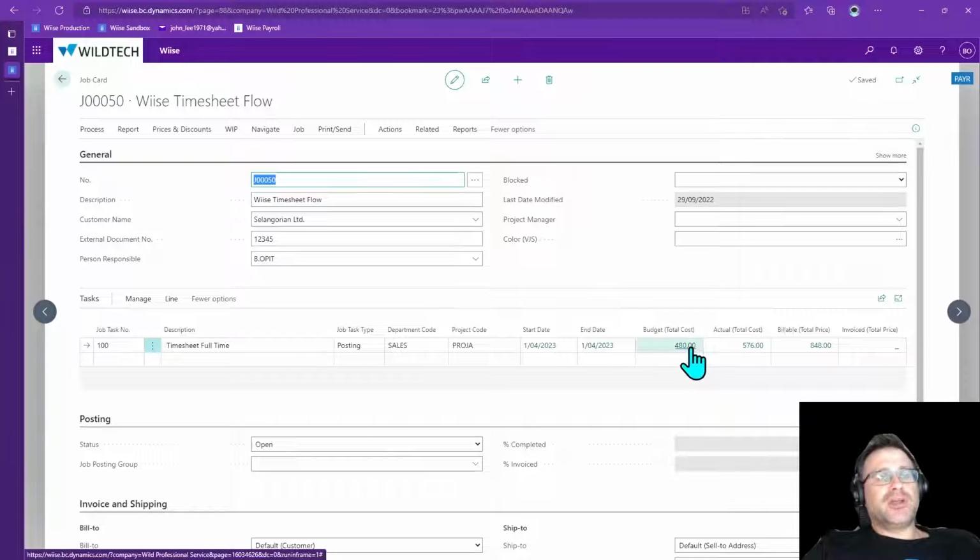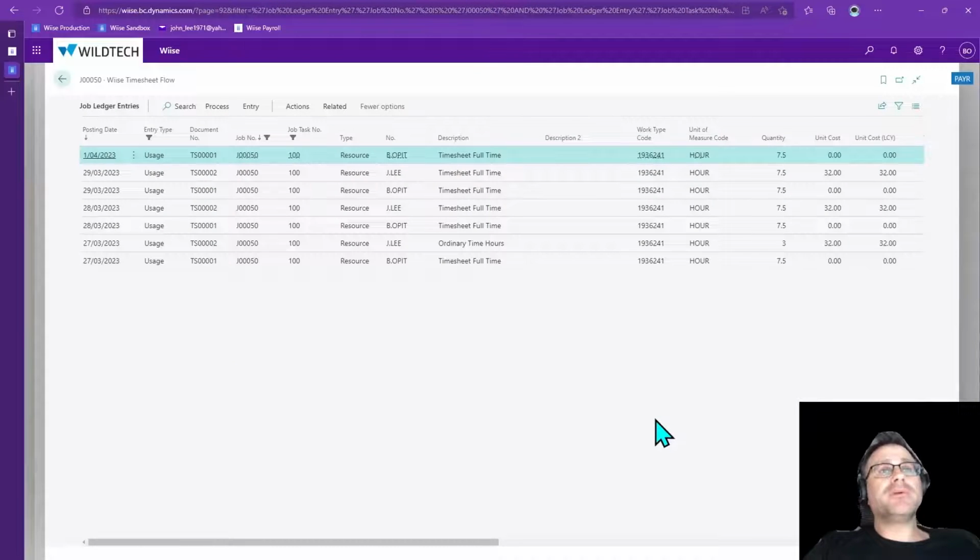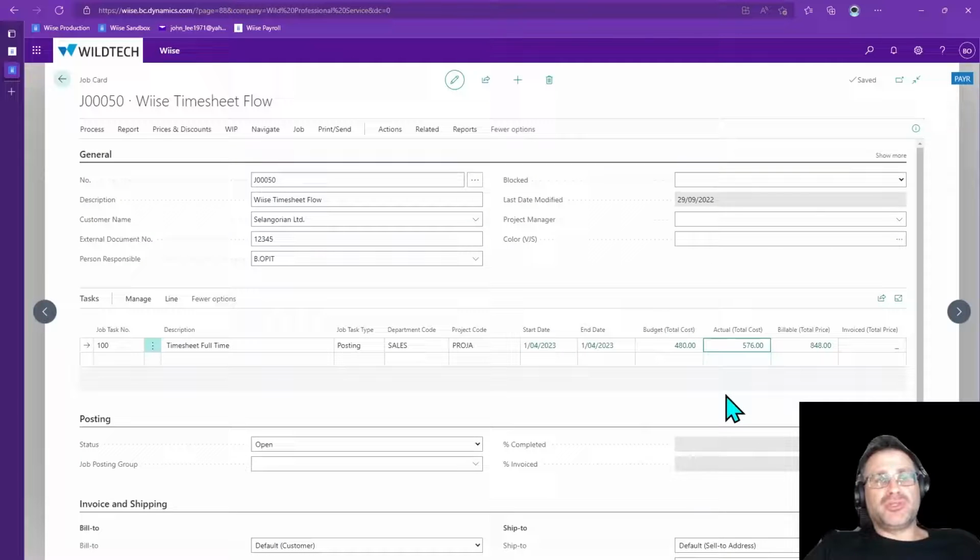you'll see we've actually got a budget cost of 480, but we've actually billed 576 hours of time. So we're over budget here specifically for this time. So if you click on that, we'll see what's happened. And this is all of the timesheet data that's been associated to this effort. So I was supposed to only have 3 hours allocated in ordinary time on this project, but I've billed way more than I needed to. So you get this high level detailed information flow through to the job itself. So we've got some billable costs, we've got some actual costs that have flowed through, and we've got a billable